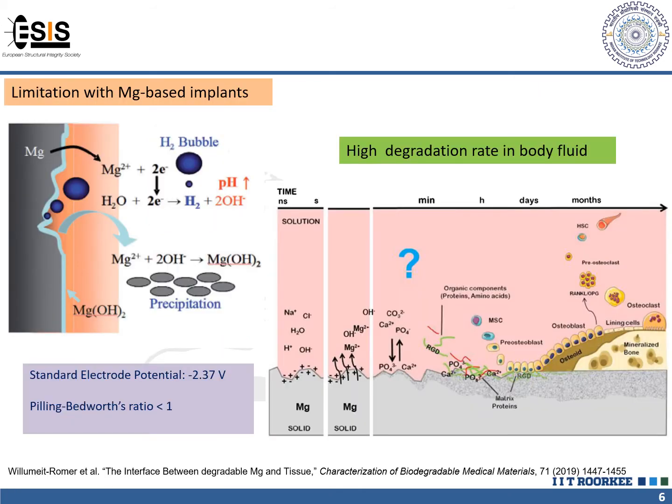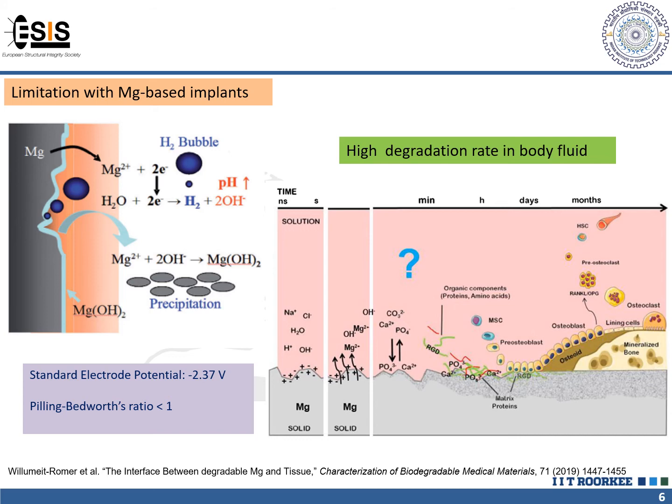But the major limitation with magnesium implants is the high degradation rate. It has a standard electrode potential of minus 2.37 volts. Due to that, it is very reactive in nature. The moment magnesium is implanted in the body, due to the presence of chloride ions in the body fluid, it degrades very fast. The presence of chloride ions replaces the hydroxide layers on the magnesium surface and causes severe degradation